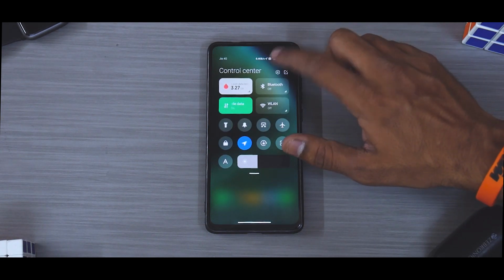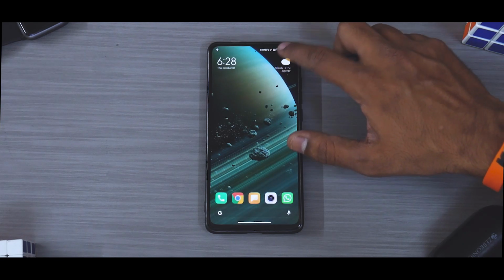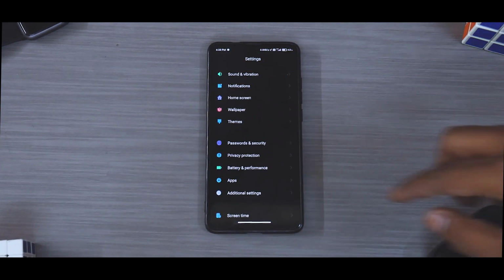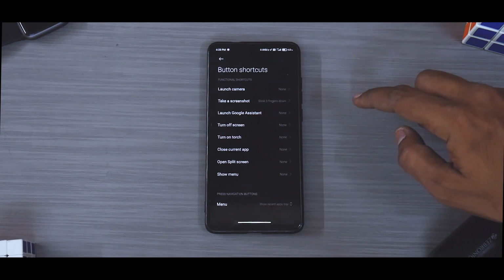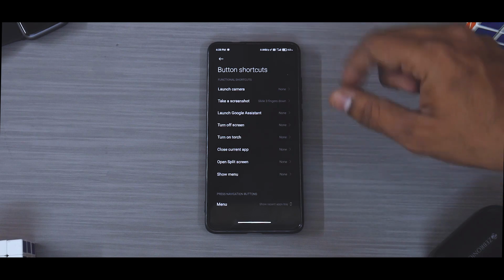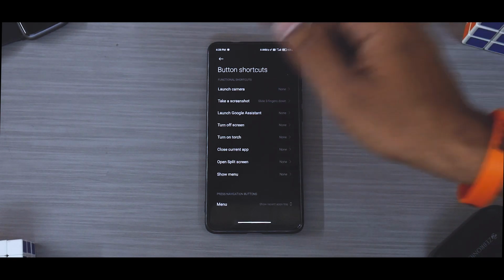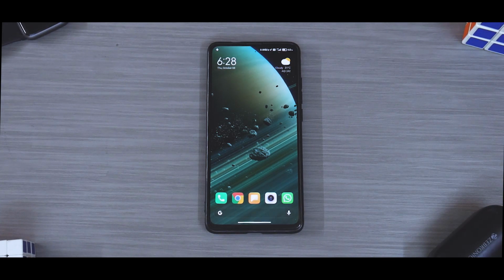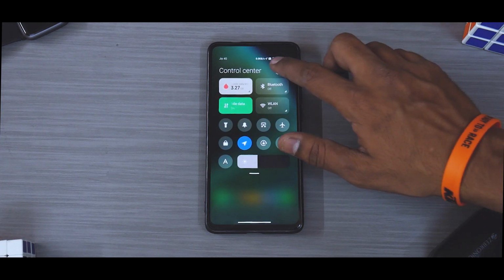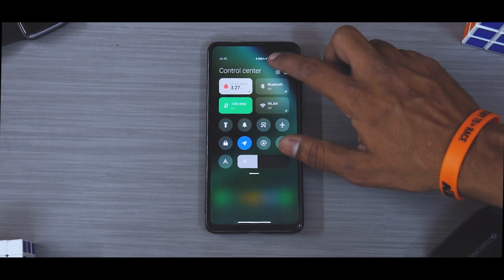If you actually go to settings here and you go to the charging animation, you have 3 or 4 different types of charging animations, and if you do go to additional settings and go to button shortcuts, over here you have all these amazing shortcuts which are available. You do have the partial screenshot option as well. So all the goodies from beta which are really useful are included. We do have screen time, which is digital well-being with focus mode, and it works as expected. And the only thing that is not available in special features is voice changer, because I still believe that is in beta.